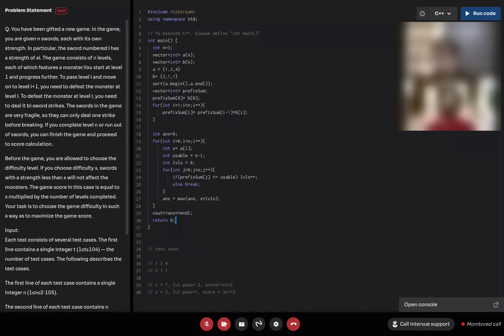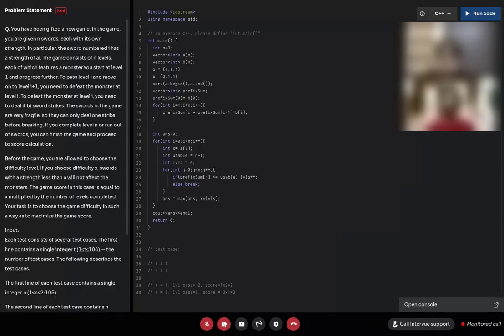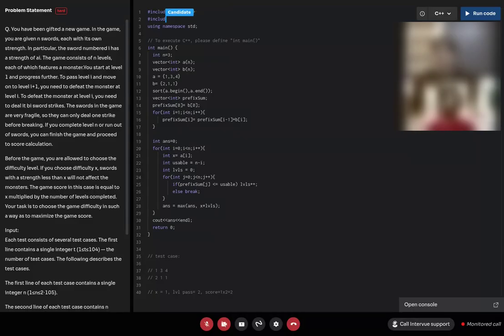Yeah, you can try to run the code if you are ready. We can check if we are getting the correct answer itself. Yes, so can I run from here? Yeah, sure, you can run the code. You need to import vector, I think, or maybe you can import the bits library. Yeah, I'll import the bits library.